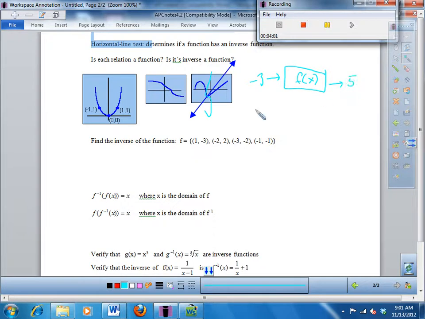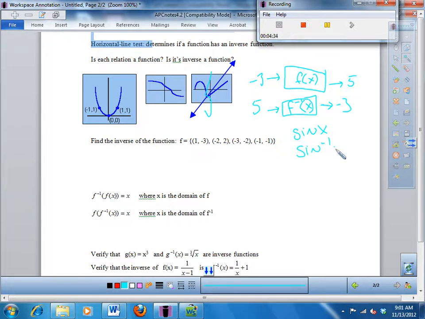Then the inverse means that if I take 5 and plug it into the inverse, which I'm going to draw like this, f inverse of x, f to the -1 of x, I should get out -3. So the inverse is the undoing function of the regular function,